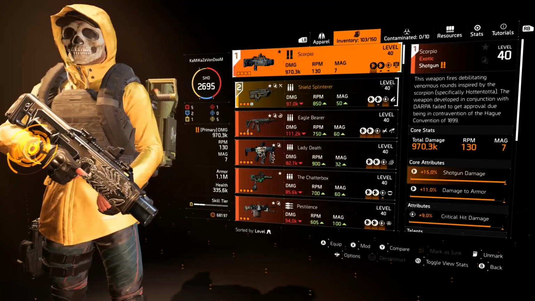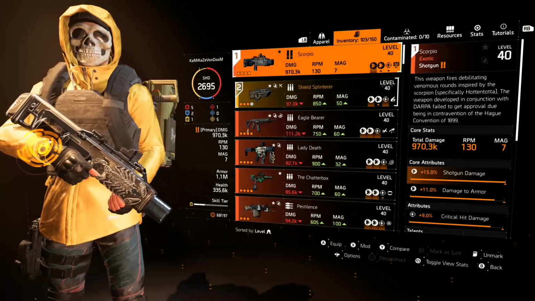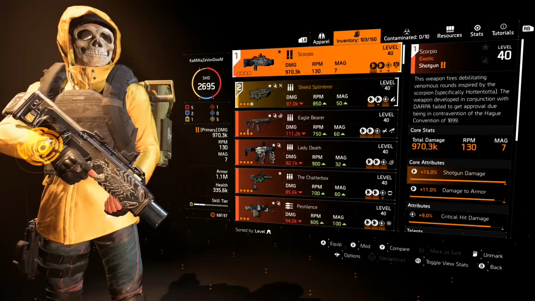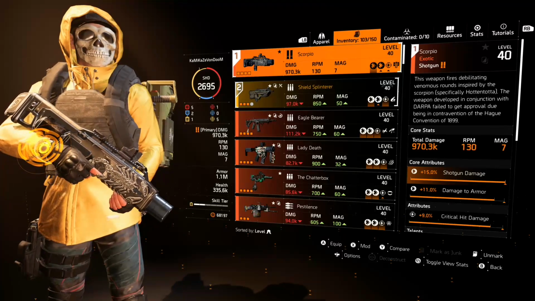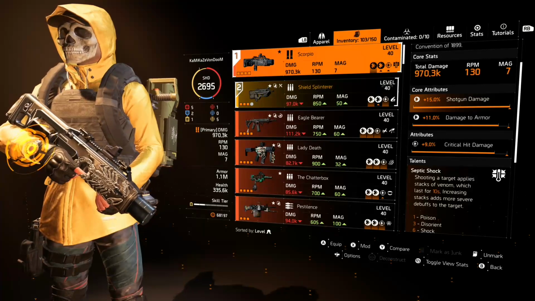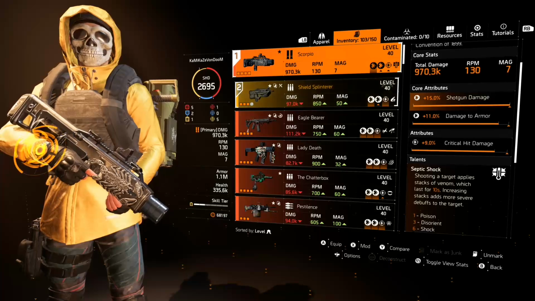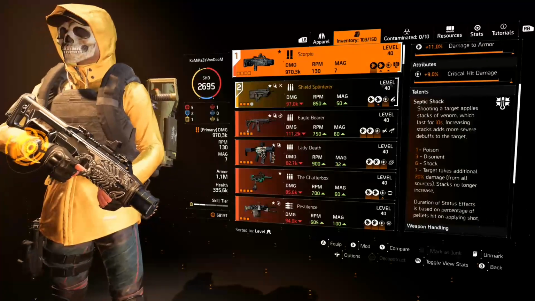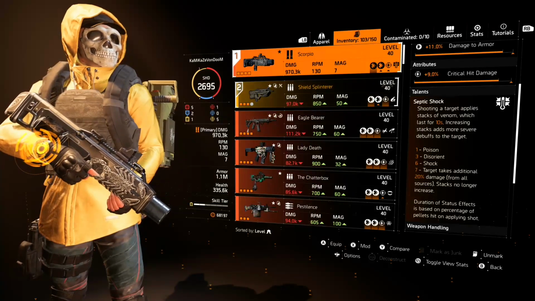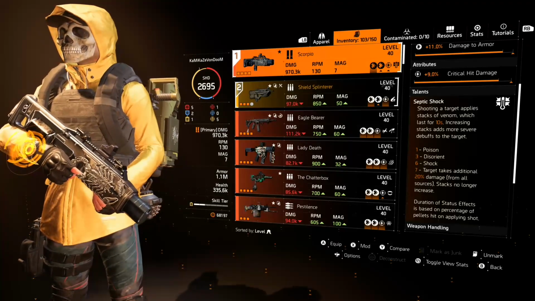Now, with all of your stacks from your Memento, this base damage goes from 970k up to 1.2 million total damage. Now, this Scorpio, for the attributes, I have max shotgun damage, 11% damage to armor, and 9% crit damage. What I love about this shotgun and what makes it one of the best exotics in the game, I would almost go as far as saying this is the best exotic for PvE content, and it's all because of this talent,